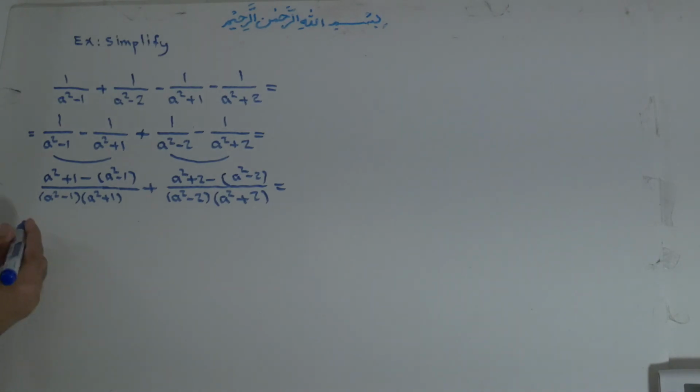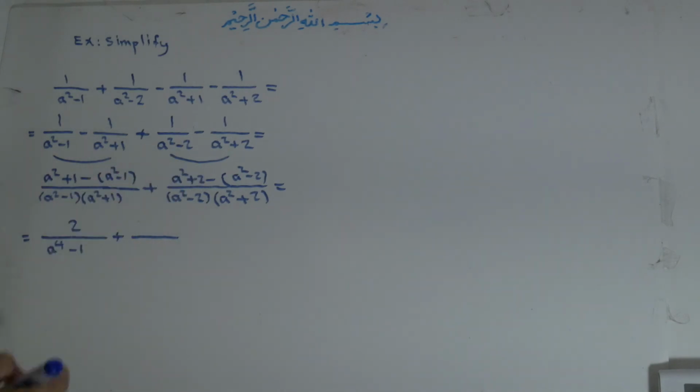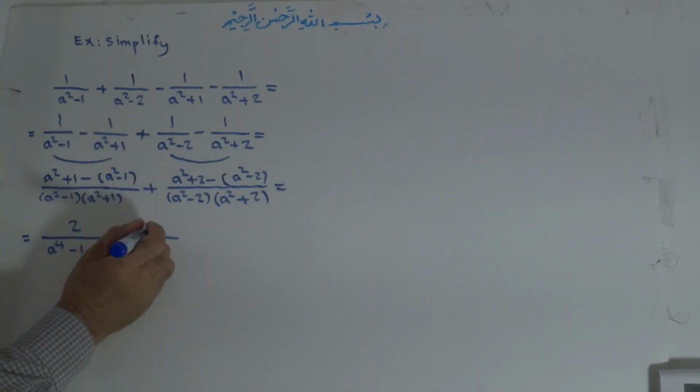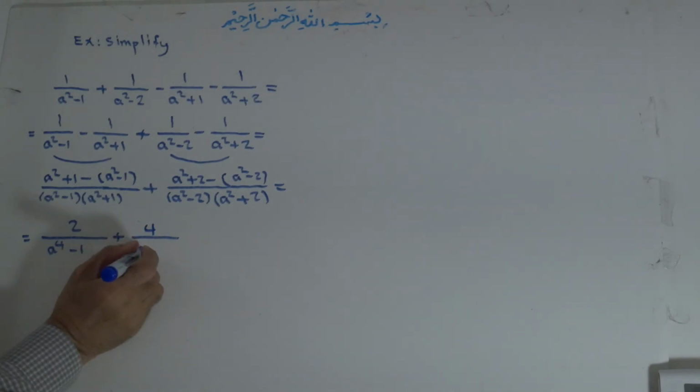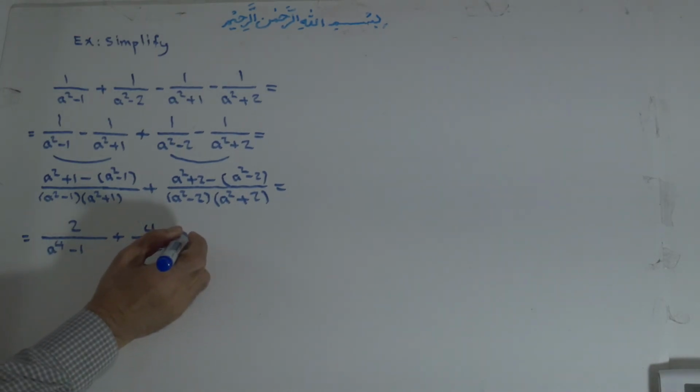So now this is equal to a to the power of 2 will cancel by the negative a to the power of 2 and the 1 plus 1 is 2 over a to the power of 4 minus 1, plus, for these two, again a to the power of 2 will cancel with the negative a to the power of 2 and negative times negative is positive. 2 plus 2 is 4, over a to the power of 2 minus 4. Now here